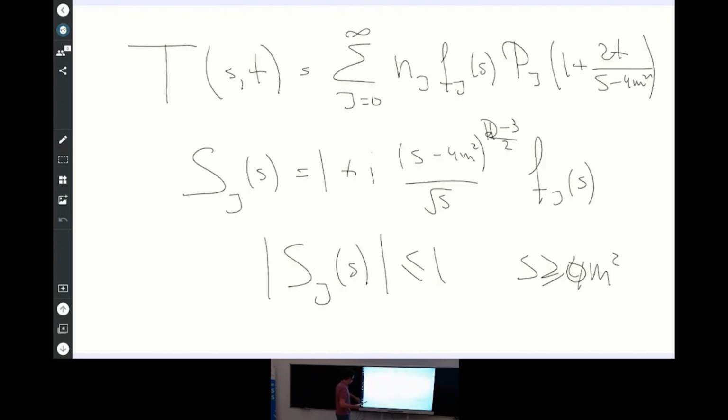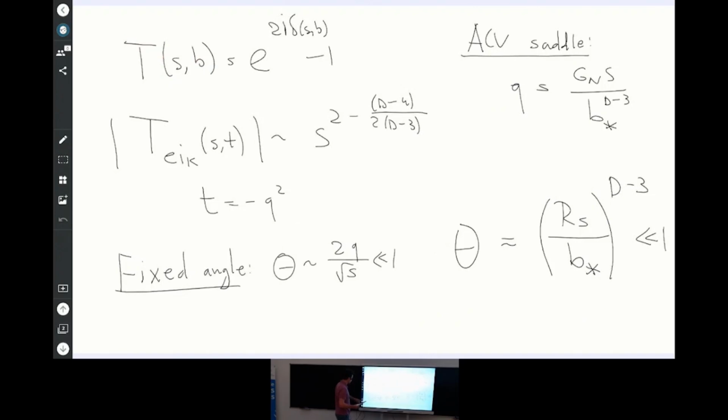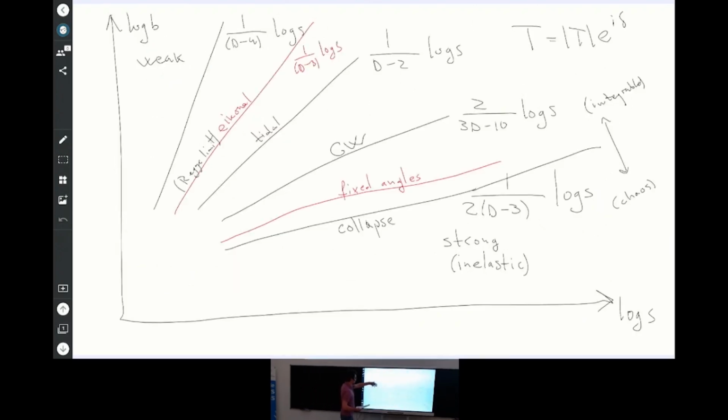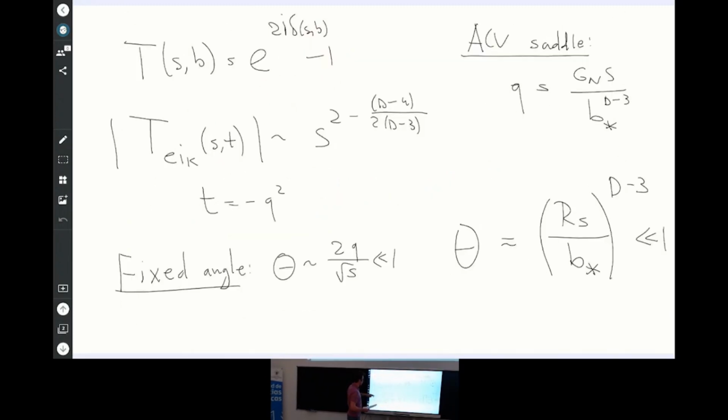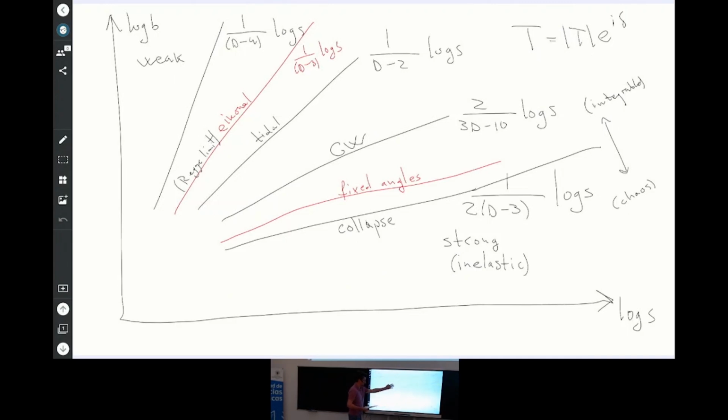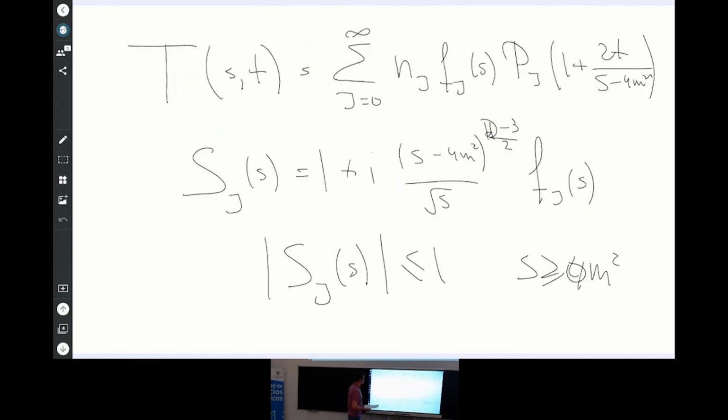Now I want to derive. So I told you that there is a conjecture that this eikonal amplitude controls the radial limit, and therefore the radial limit is like this. But for this, we would like to make sure that nothing else spoils it. Because you can wonder, okay, here we do not have control over the amplitude. How do you know that all this physics which we don't control does not spoil this eikonal? So let me just do this quick argument of how we do that. And the argument is the same as the one you use in the derivation of the Froissart bound. Basically what you do is,